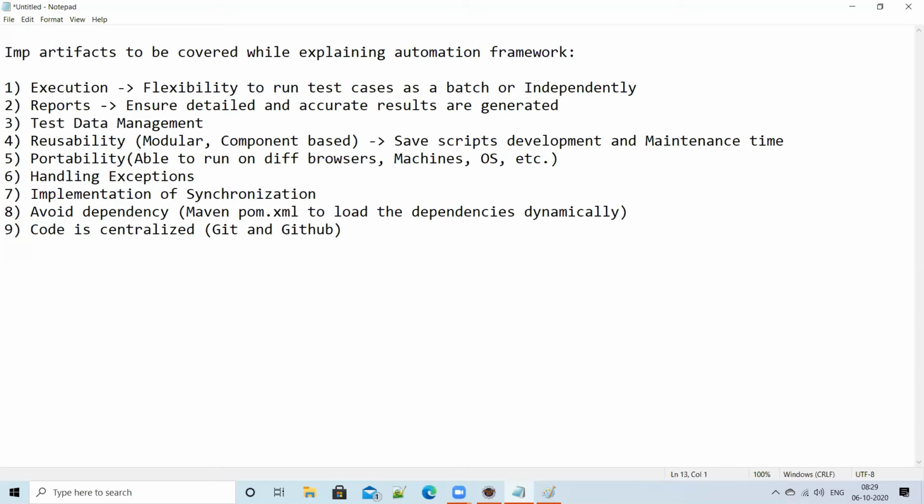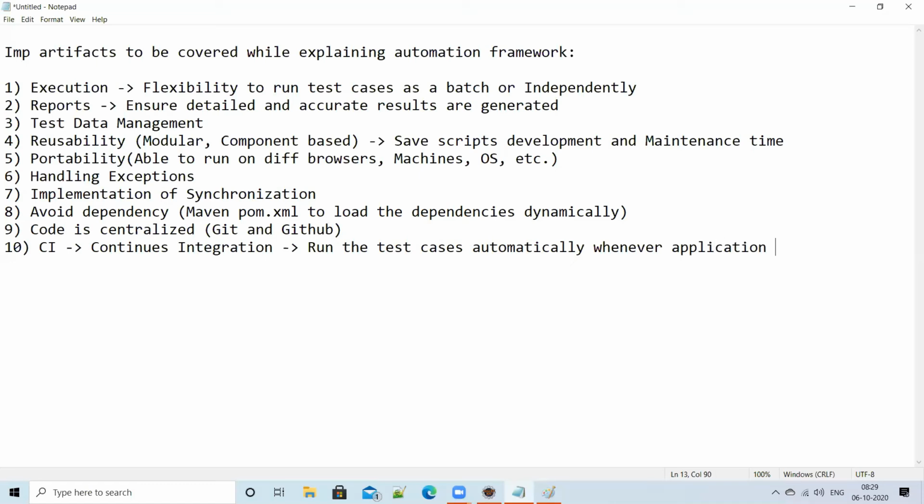Okay, and also continuous integration, CI, right? This we did not see yet. We will see continuous integration. It means run the test cases automatically whenever the application build is deployed in the QA environment.